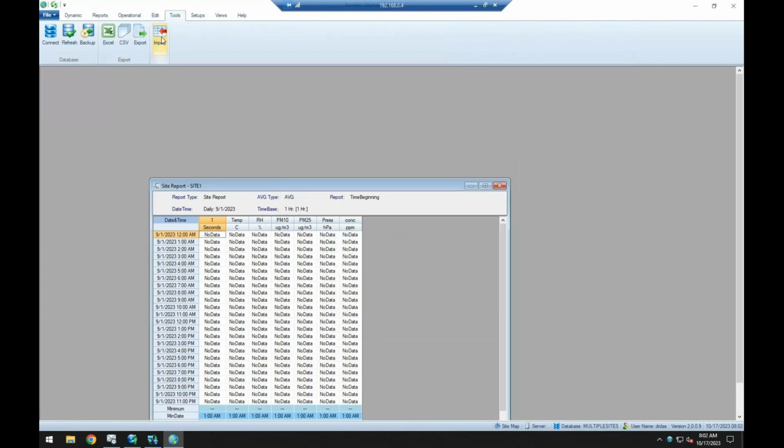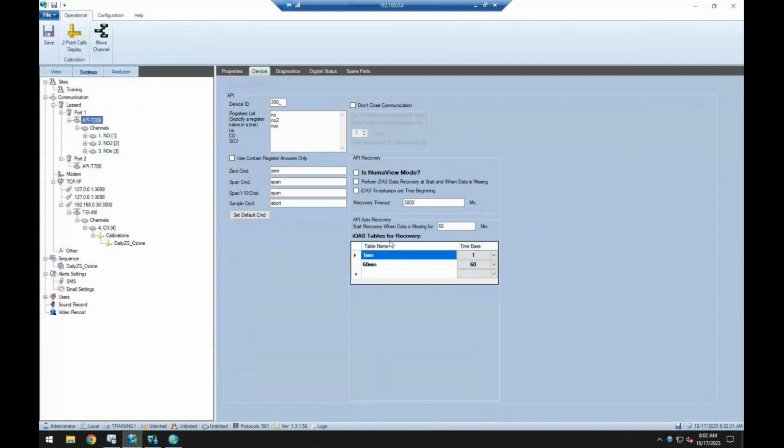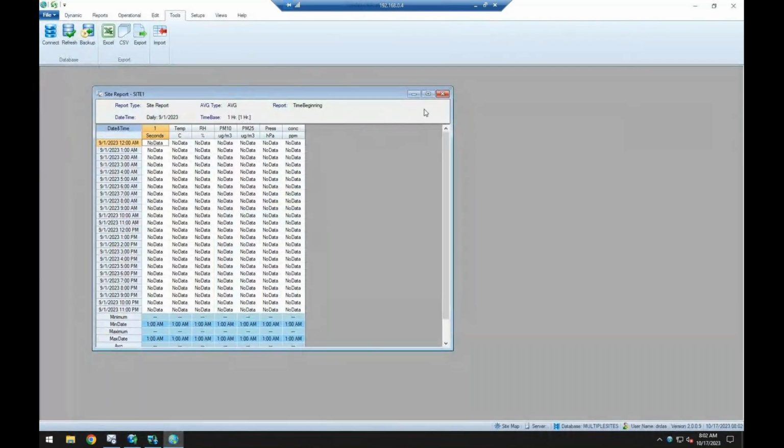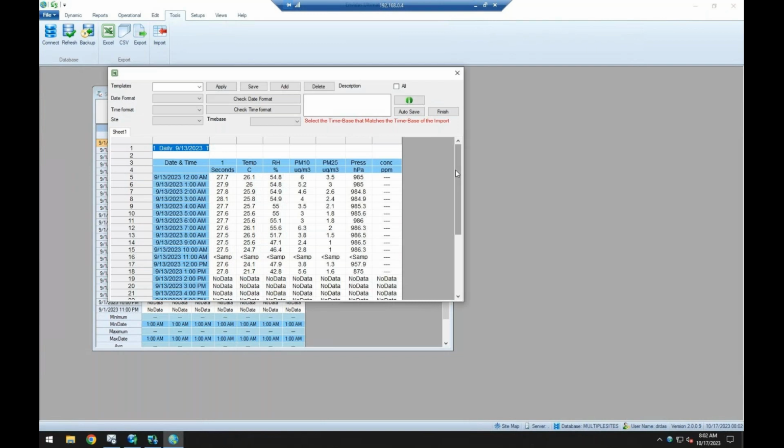You also have this import feature. So in the event that you weren't collecting data from an analyzer and you didn't have this recovery set up here, you could export that data from the analyzer and then go to Tools, Import, select the file. I don't know if this is a good example, but we'll see. And go to Configuration. And then you could choose the date format. Month, day, year, time,